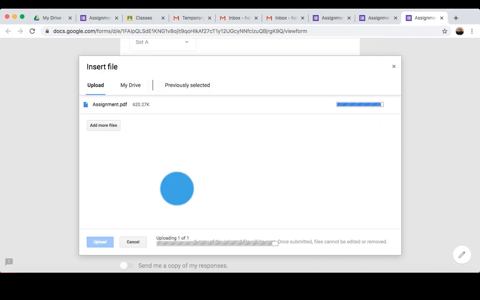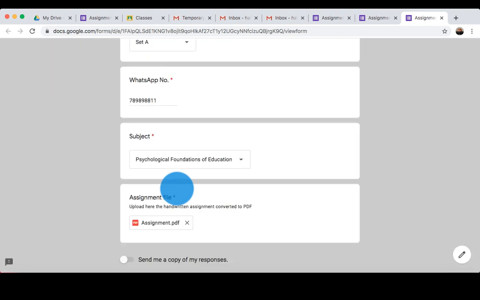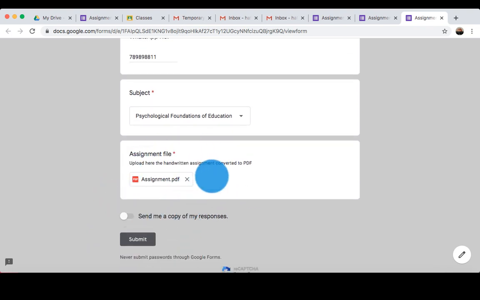It will take some time to upload, but wait, otherwise you have to fill the form once again. Your assignment will not reach your teacher. Here the file which I have uploaded, assignment, has come, and only the PDF format is allowed here. Also only a 10 MB file is allowed. The size of the file should be less than 10 MB.